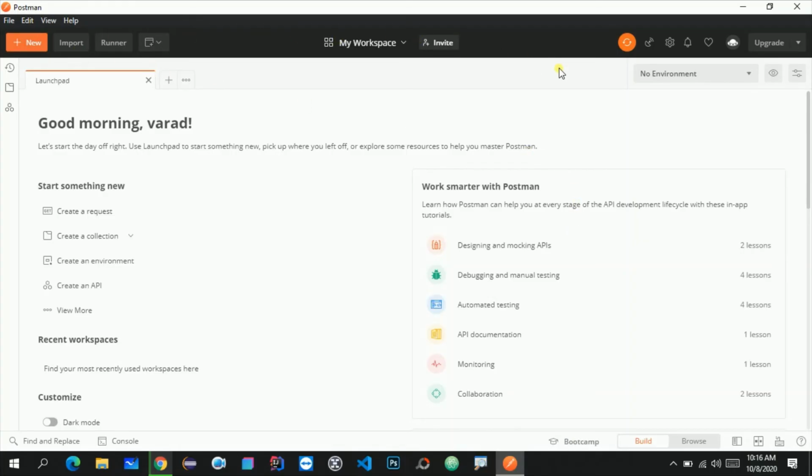So Postman is basically used to test our service end. Like in case in the service end we have different REST endpoints, like if we take the example of a student application, then we have register student, we have read all the details of student, we have update details of student. So in this case, to test the service end, we can basically go for Postman. So Postman is one of the popular apps which helps us to test the REST API.